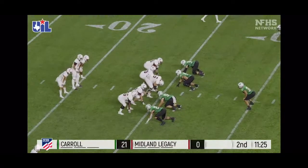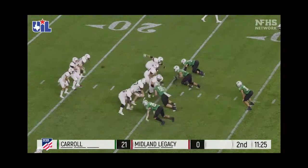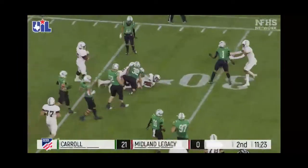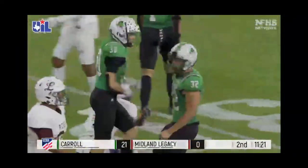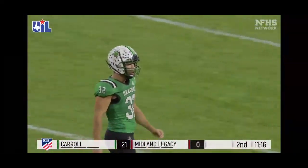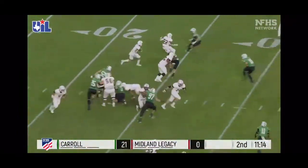Again, Davila's thrown for close to 2,600 yards this year. 2nd down. They hand the football off to Bishop this time. It's Donnie Bishop, the reserve running back, gets the carry, but he doesn't get much, maybe a couple. And again, Legacy looking at a 3rd down and long, which has been the story for them offensively here in